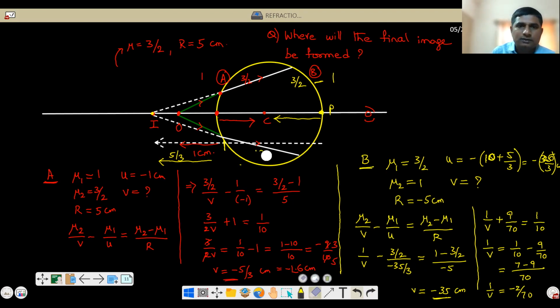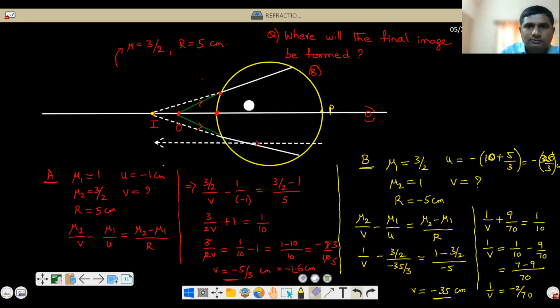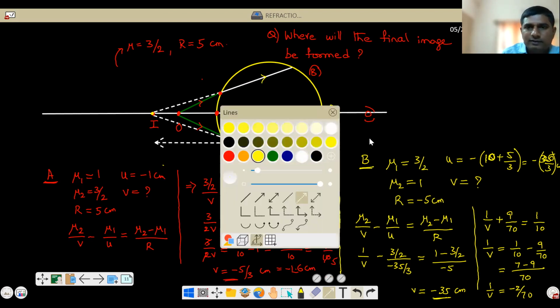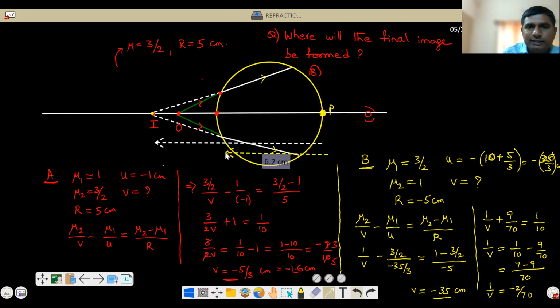Okay. So now I'll draw, see here. Okay, these are the rays. Now I'll draw only the rays. See here. Now see here, these are the incident rays which are falling on the surface. Now by calculation we found out that the image should be at minus 35. That means from here minus 35 towards the left side. So from here already up to here 10 centimeters. So another 25 centimeters, maybe somewhere around here, let's say. This is minus 35 centimeters.